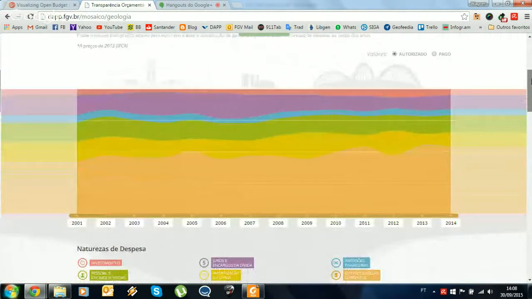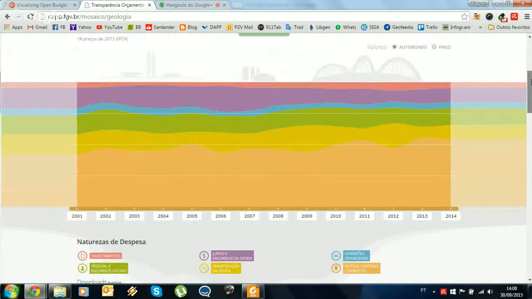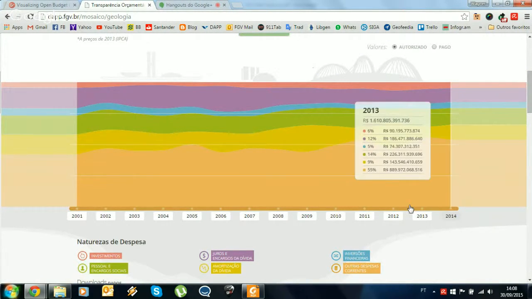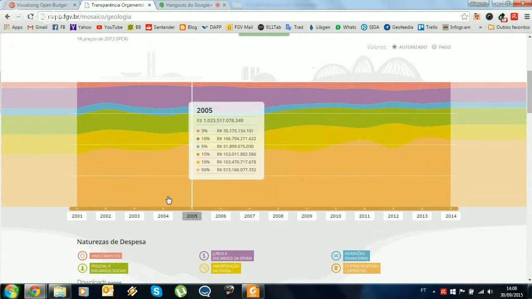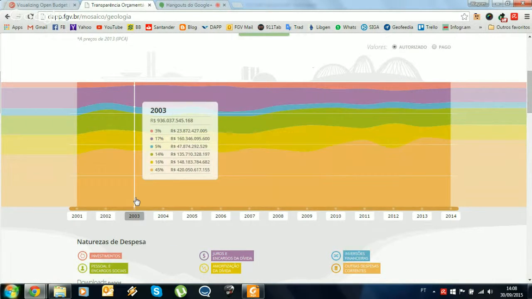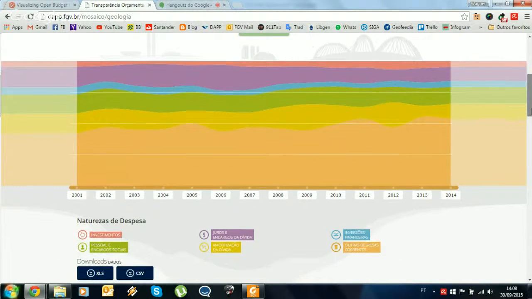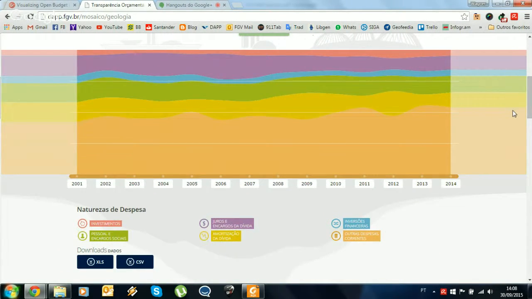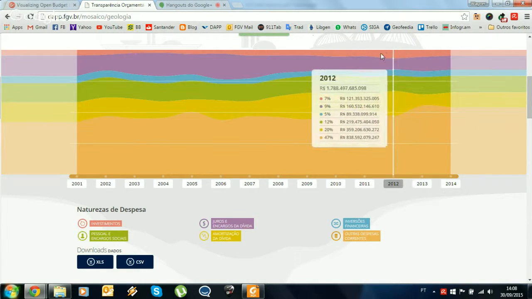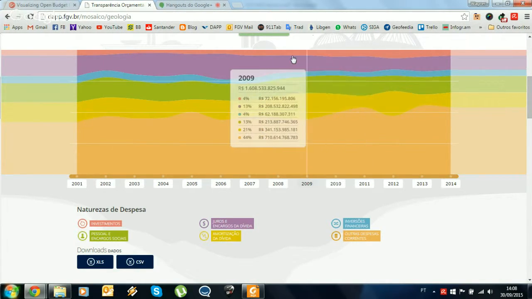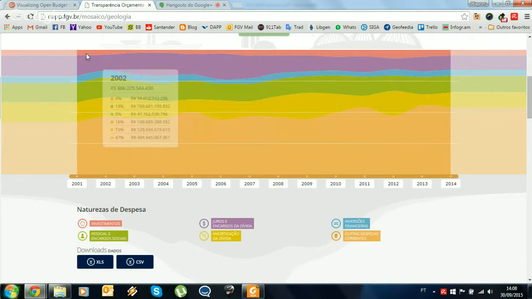So here we have the distribution of the public government budget over time, in what we call the groups of expense nature. For example, if I want to know how much money the government spends on investments, I look at the first red bar at the beginning of this graph.